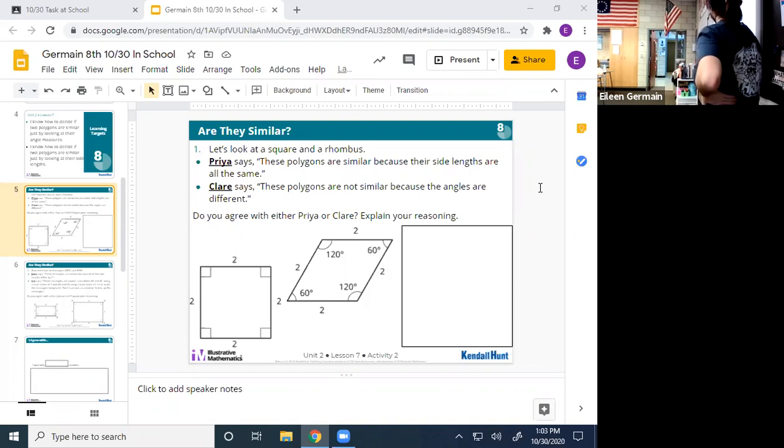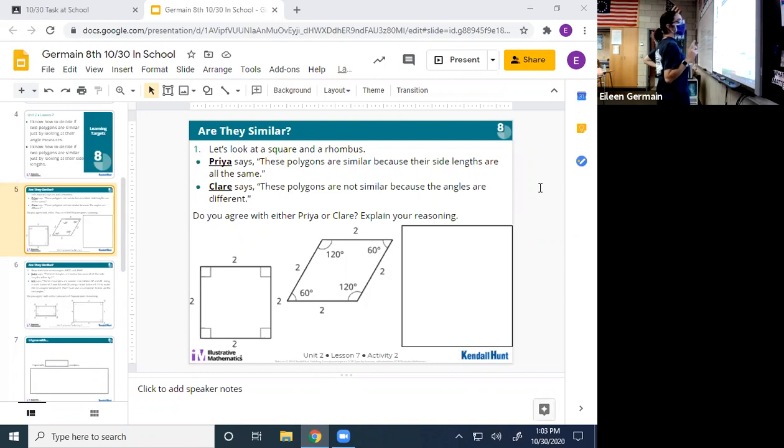That's okay, Avery. What do we think? I want everybody at home to tell me, who do you agree with? Do you agree with Priya or do you agree with Claire? Throw it in the chat. Okay, I'm gonna keep tally of the score up here. I'm very competitive, so I like to keep track of things.